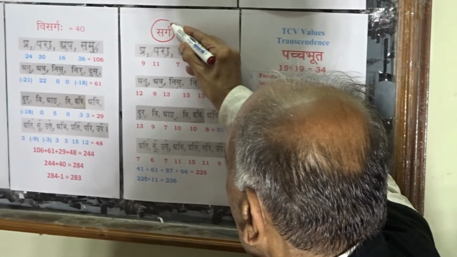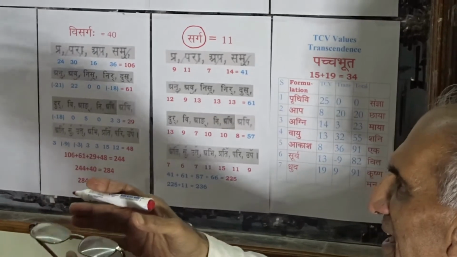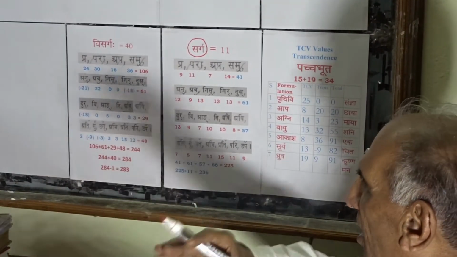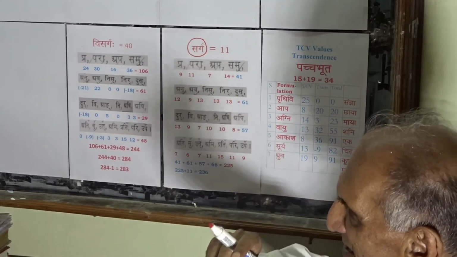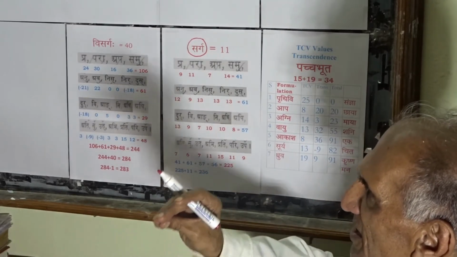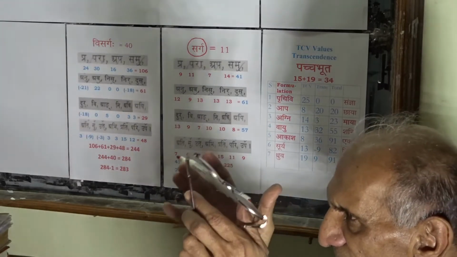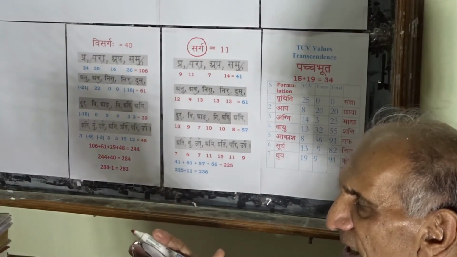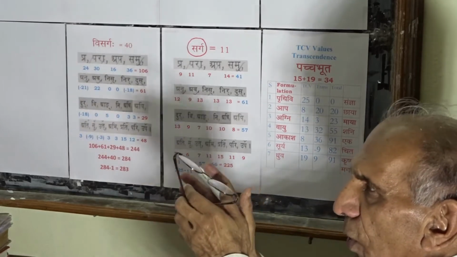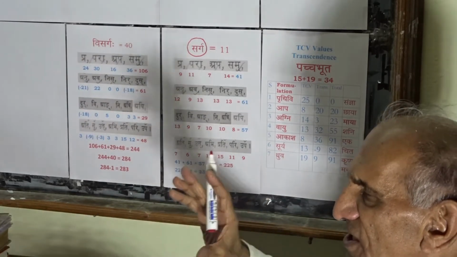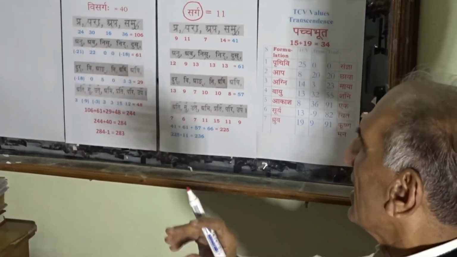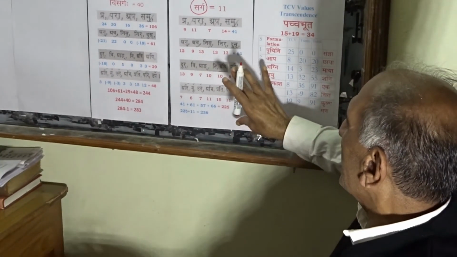Yatha pinde tatha brahmande, as is in the universe, so is in the body, or the other way around, as is in the body, so is in the universe. How the part can be structurally parallel to the whole, Vyasti Samesti. It is one of the Ganita Sutras, it is one of the values,